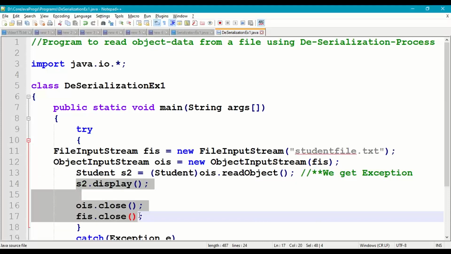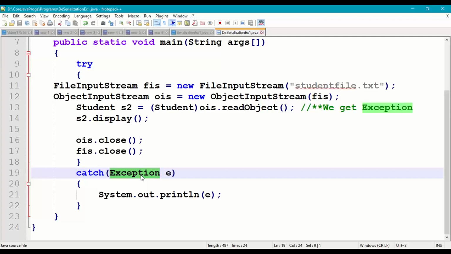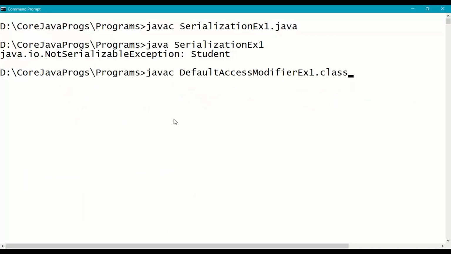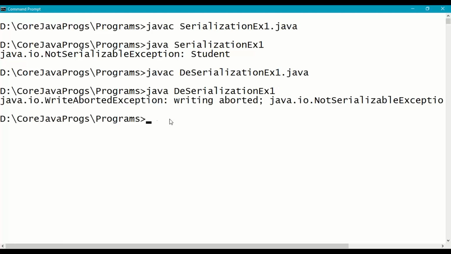So save this, and exception class is a super class for all the exceptions, so it can catch any type of exception including not serializable exception, right? So compile the program, javac deserialization example 1.java, and then run it. Java deserialization example 1, right?